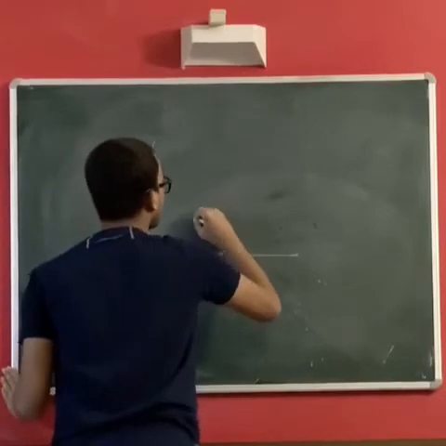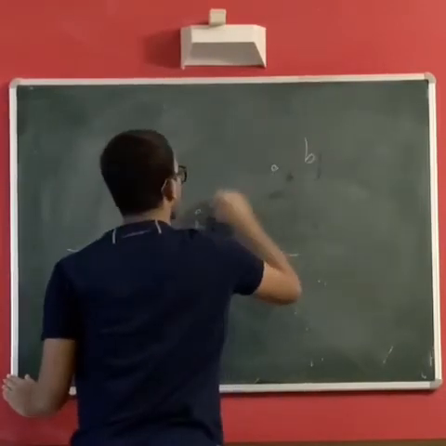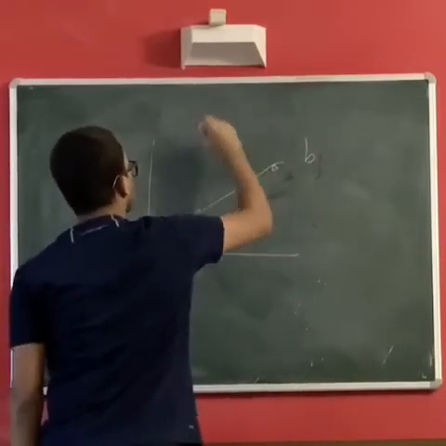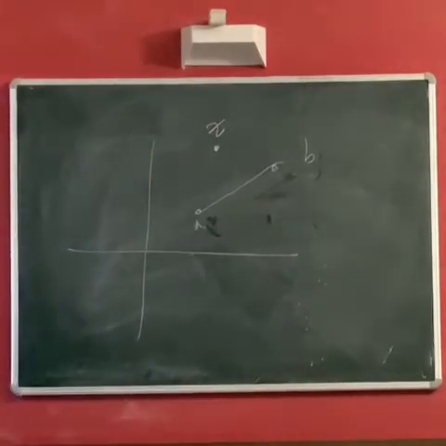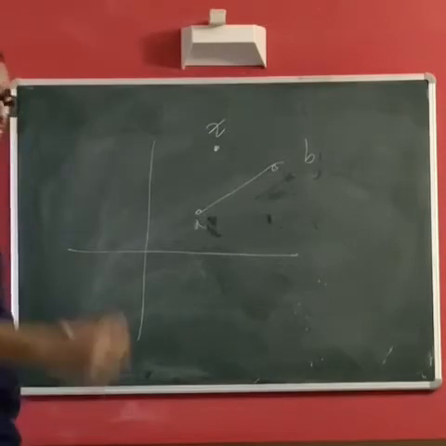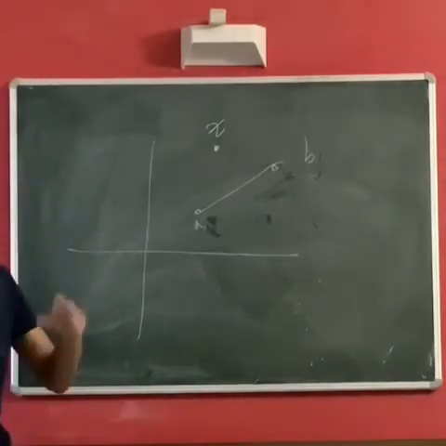Say you have A, B and Z. You want to have the W which is over here, the mirror image. How would you go about doing this? Again, I want you to pause the video. What all do we know?